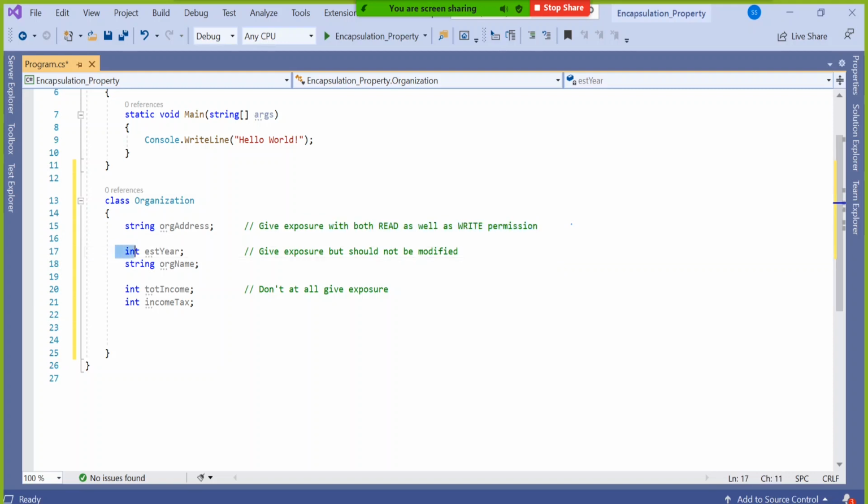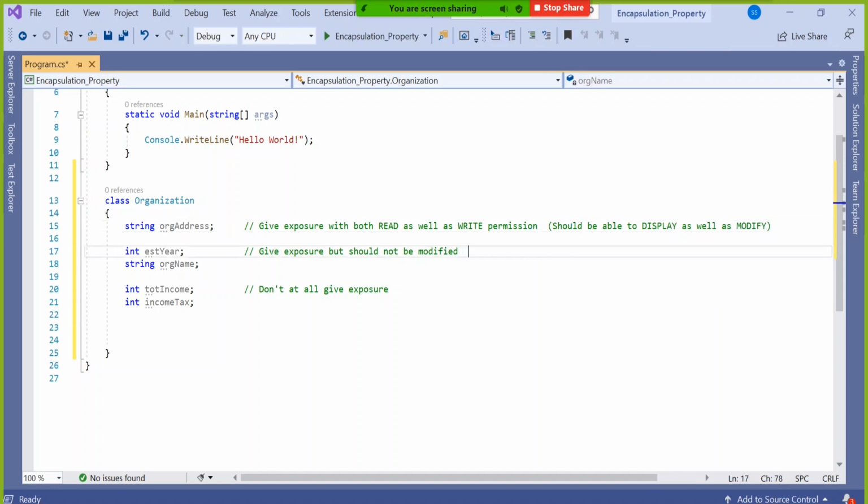But established year and organization name, you give exposure, that means they should be able to display it, but they should not be able to modify it. So indirect understanding is that only. Should be able to display as well as modify. Okay. Display and modify both.